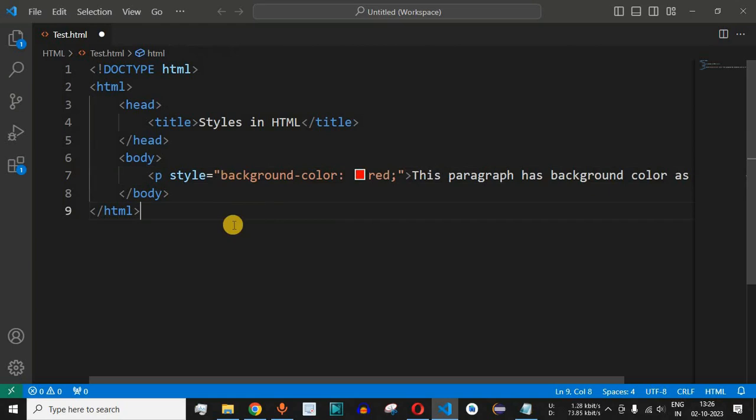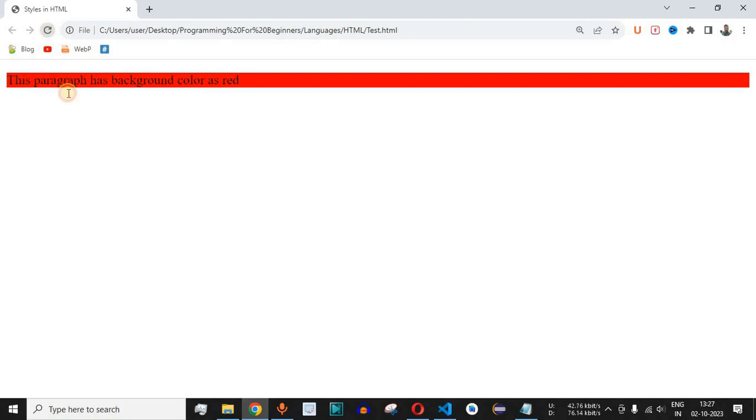So guys, basically as you can see, this is the format. We have the style attribute followed by equal to symbol, and then in between the double quotes first of all we have the property and then followed by the colon and then the value, that is red color, and then automatically the semicolon is also placed. So if you have more properties to be applied, after the semicolon you can provide more properties. So over here this is the code that we have completed with the background color that is red for this paragraph. So let me just save this file now and try reloading this page over here.